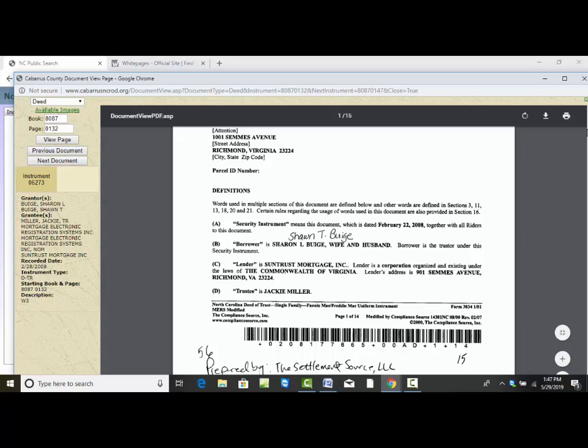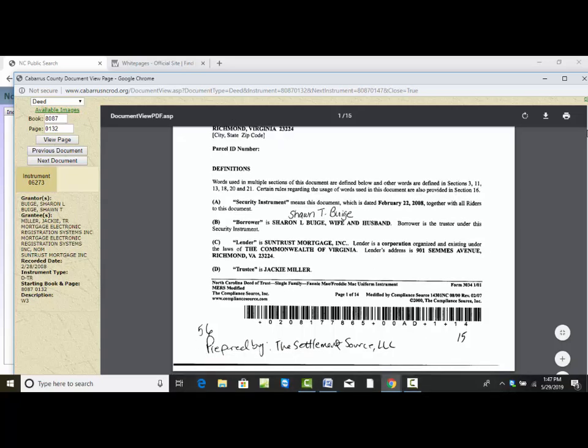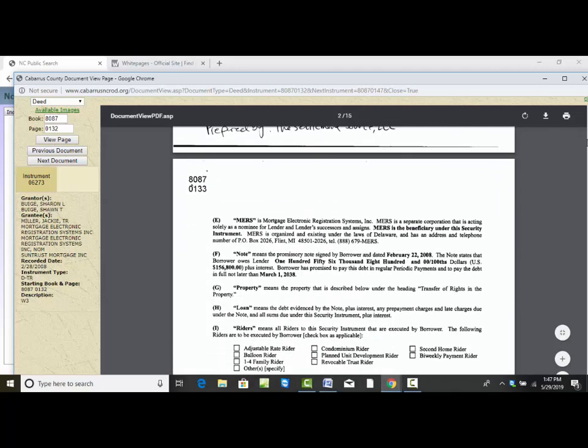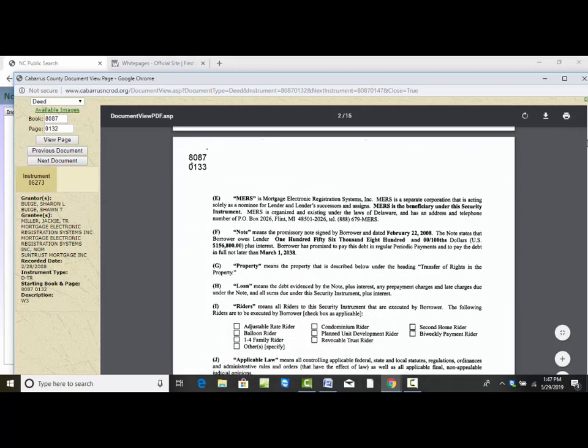$2,008. Okay. SunTrust Mortgage Lenders Corporation. How much is it for? $156,000. So 156 grand. So this is a new mortgage. I'd write that down